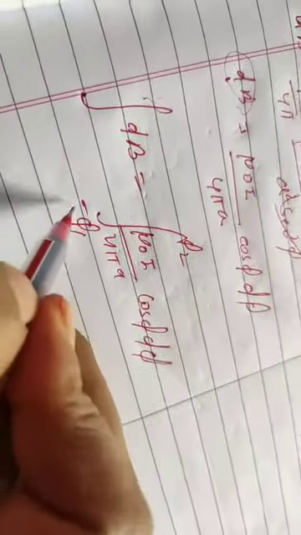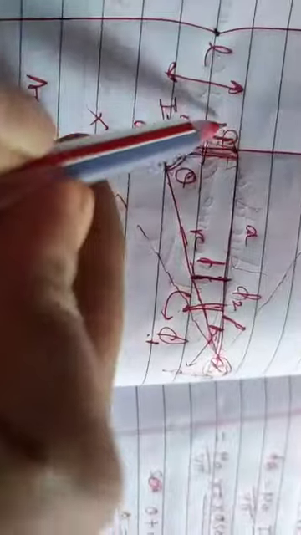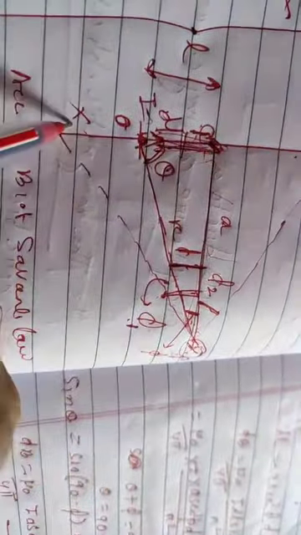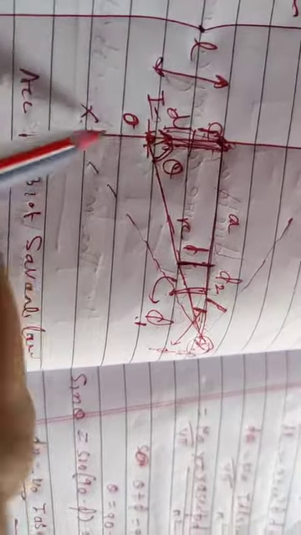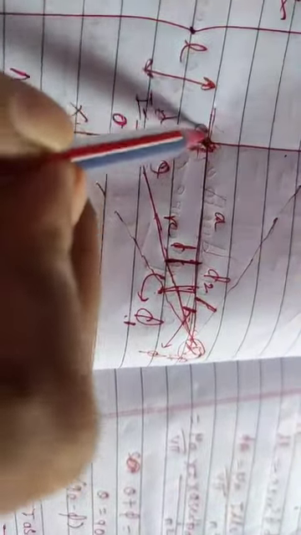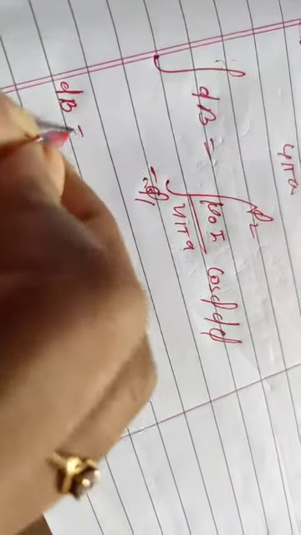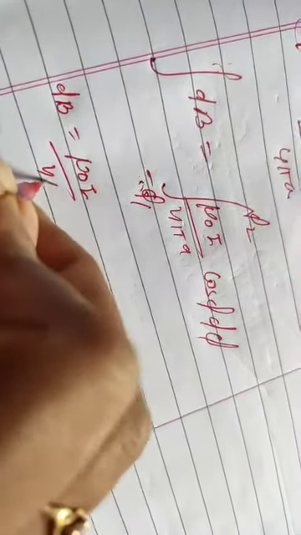Now you will ask, madam, why you have taken the negative sign? So you see, if I consider this is the center part, this is above the axis, this is below the axis. So down we will take negative and up we will take positive. Phi 1 is down, so phi 1 is minus, phi 2 is positive. Clear? Now you will put the value, do the integration, and remove the constant terms.